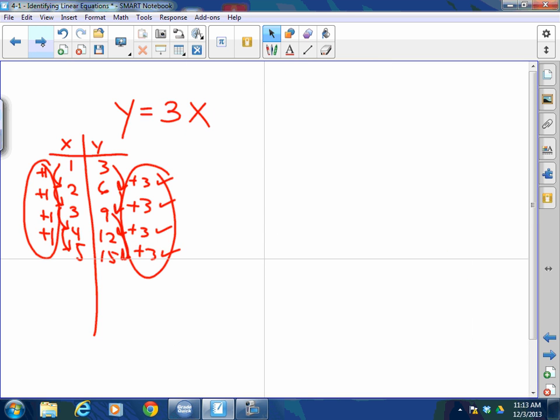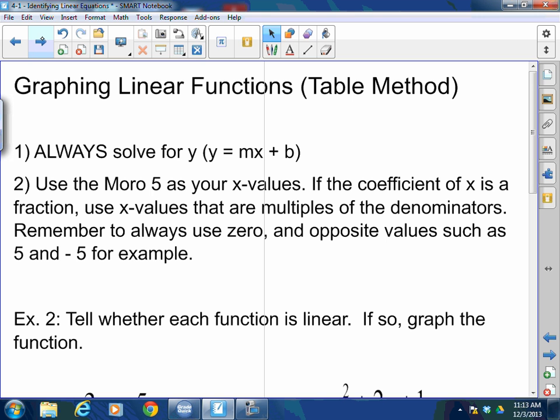Let's move on. Okay, now, graphing functions. Luckily, we already know how to graph functions. I taught you how to graph functions using the table method. One good news: this will be the last day that you will ever have to use a table for linear